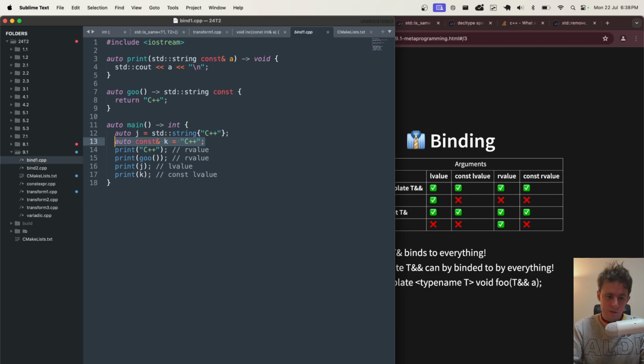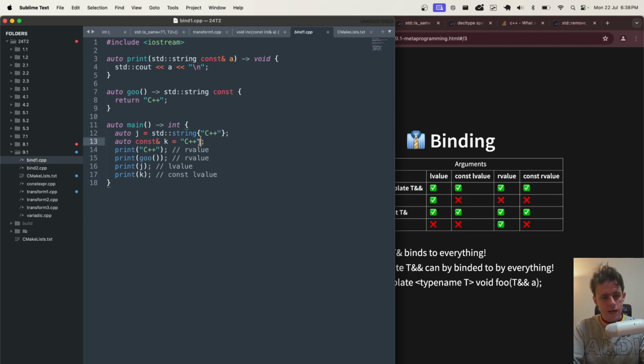You'll see here, in the first case, when I just passed C++ into the print function, it's passed in as an R value, which works because it binds to print. When I pass in goo, goo is also an R value because it doesn't have an address in memory. It's basically been returned. When I pass in J, which is a mutable L value, it also works. And K here is a reference to this particular item.